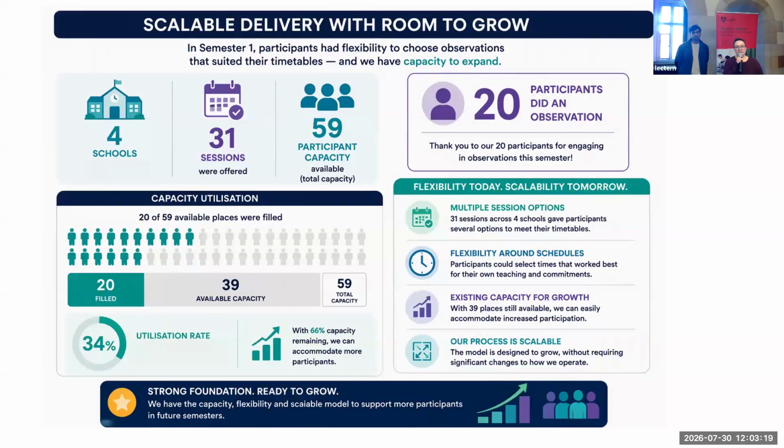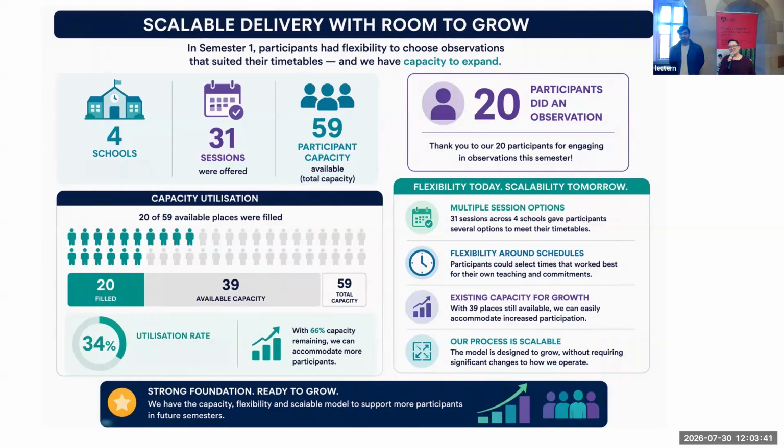In semester 1 this year, it was open to all 6 schools. 4 offered 31 sessions with the capacity to welcome 59 casual academics. All of that had to be planned by the end of week 2,